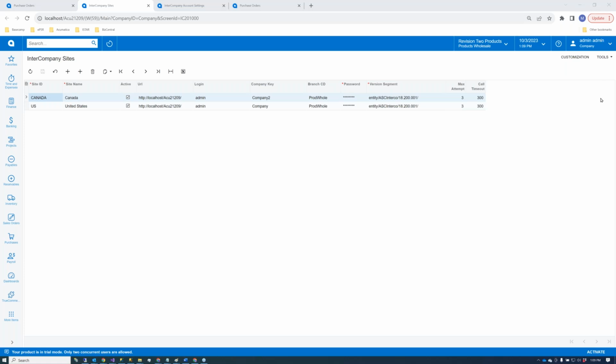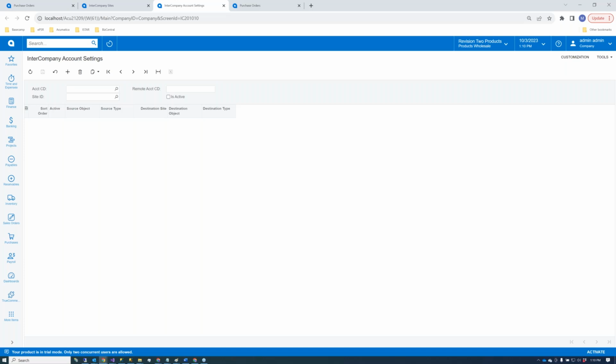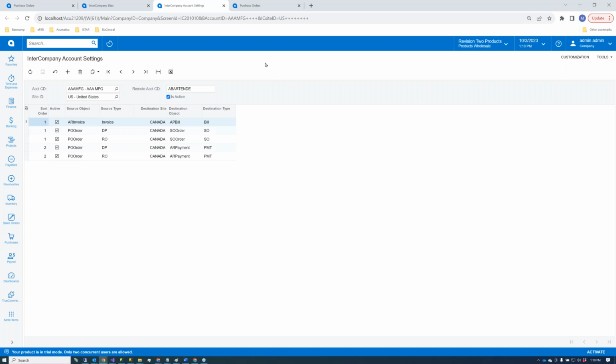Our intercompany module is constructed a little like Acumatica geo-consolidation. So you have sites, you can see right now I'm referring to the same site, but everything runs via web services. So this could technically be a different instance, a completely different version of Acumatica if you wanted. So once you set up a site, then you would map a vendor or customer